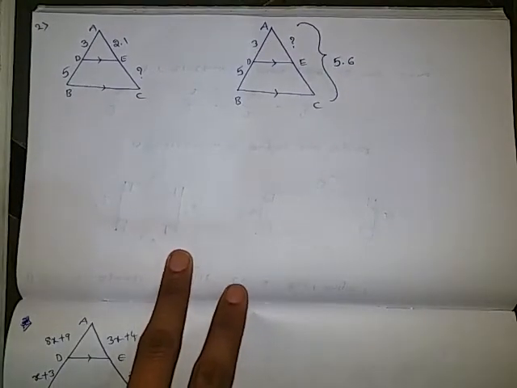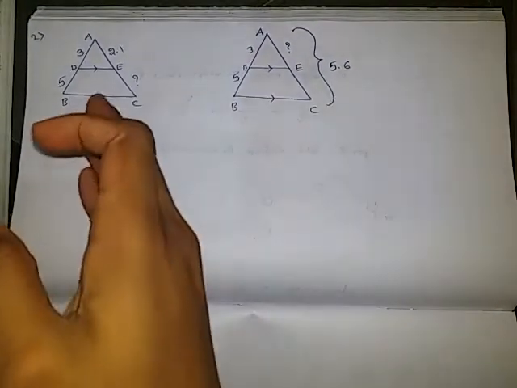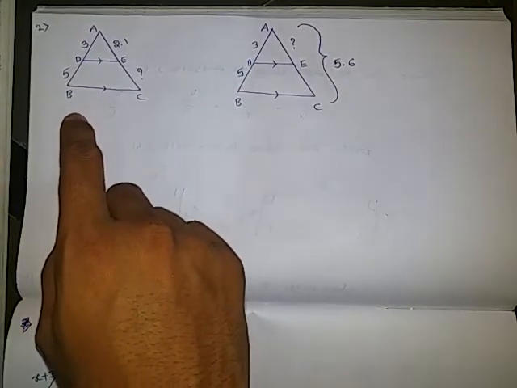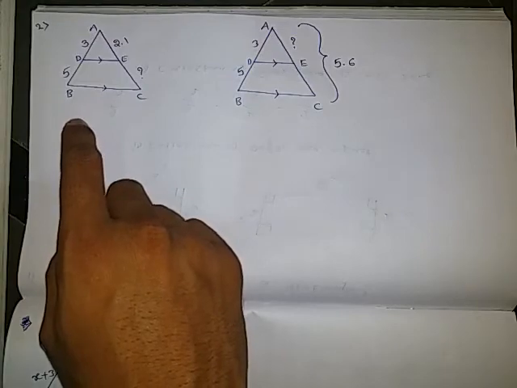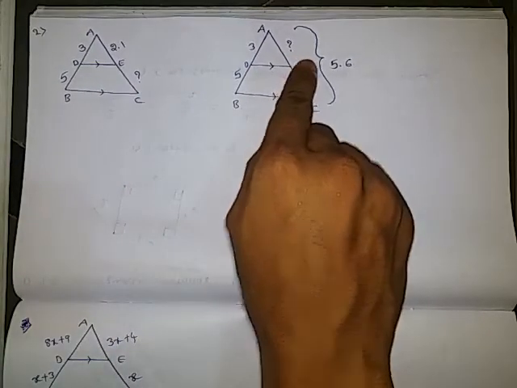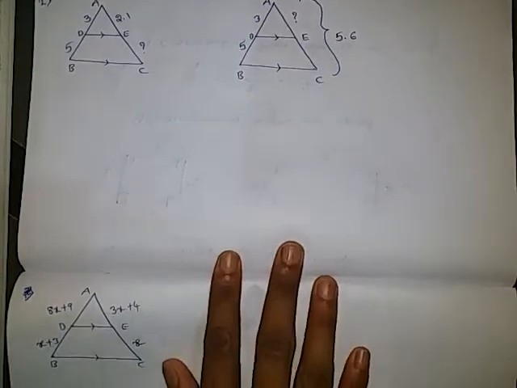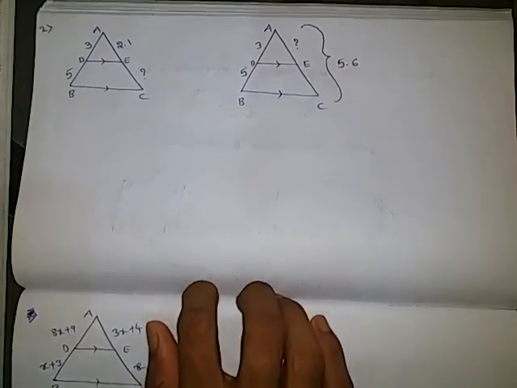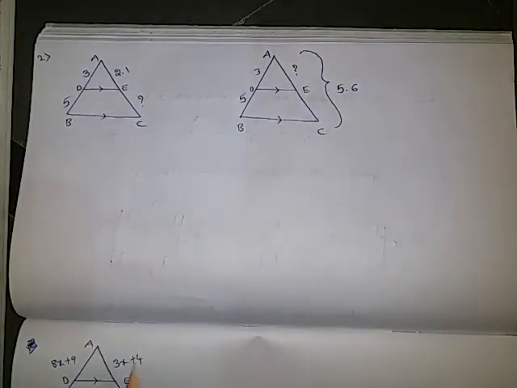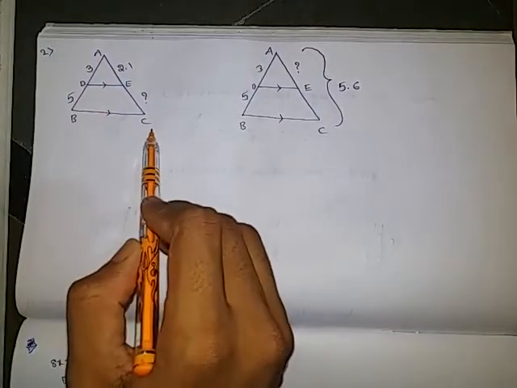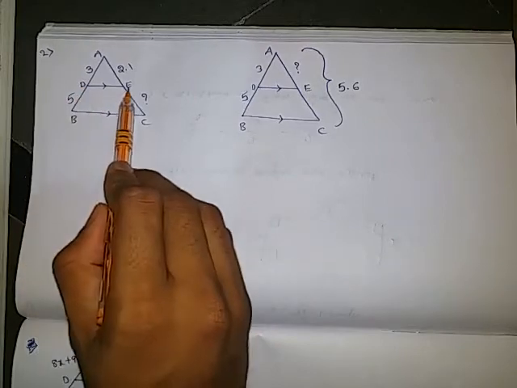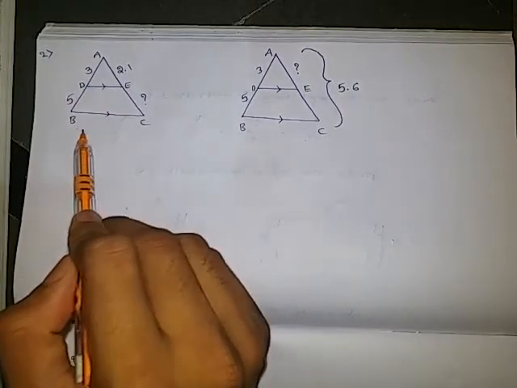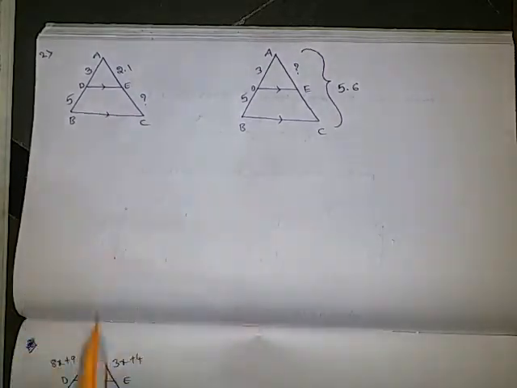Okay, the next type of question is, we will be having triangles and in that one line will be given. So he will miss some values. That missing values we need to find out. So in this total 3 types of questions will be there. So let us solve all those 3 types of questions. In the first one, ABC is a triangle. DE is parallel to BC. This arrow indicates those two sides are parallel to each other.